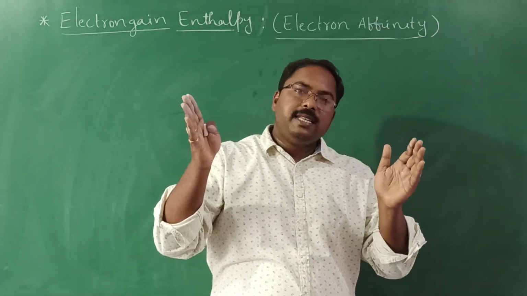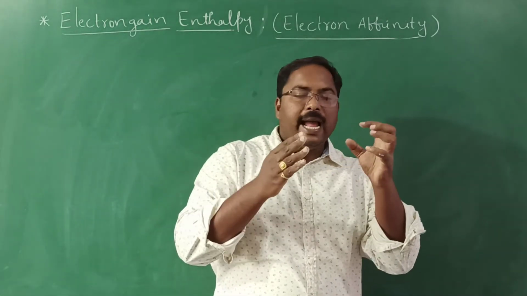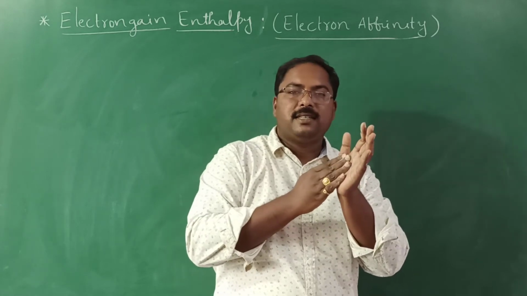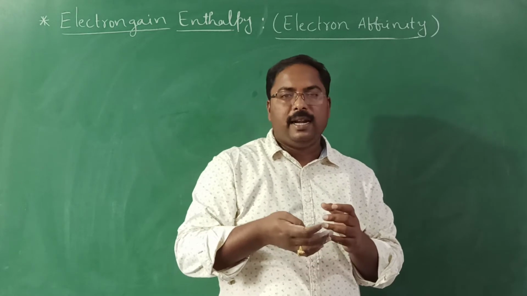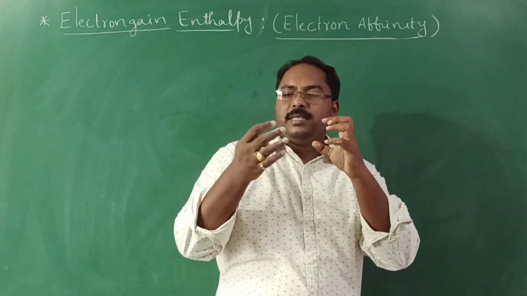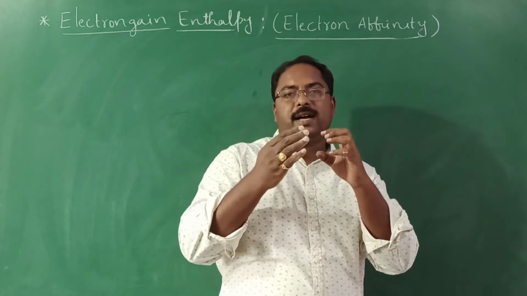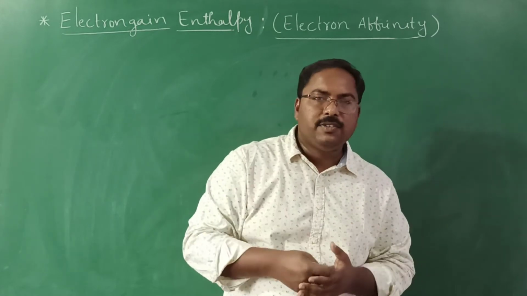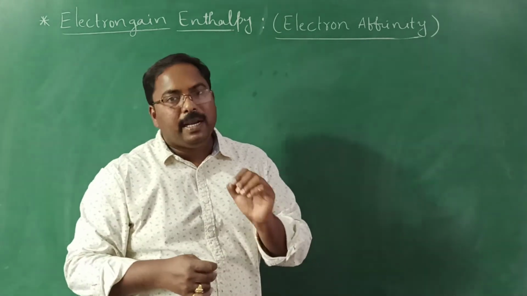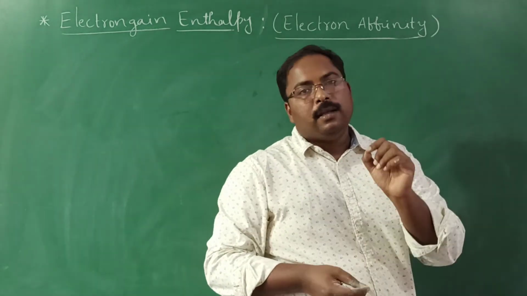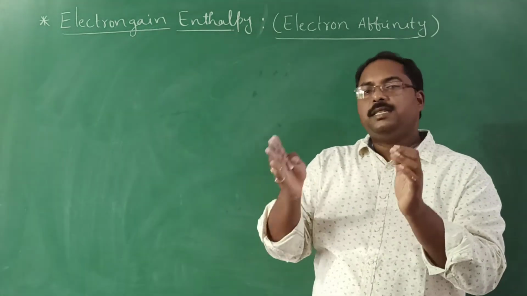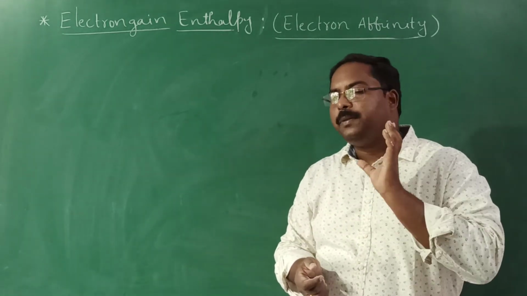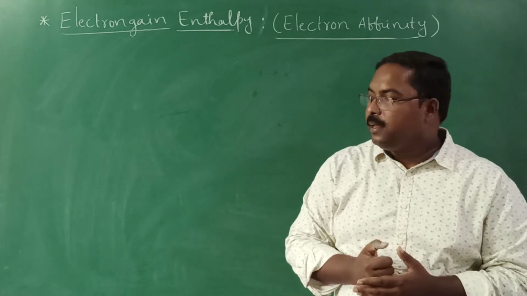When the electron is added fast, meaning the atom is attracting the electron strongly, it will be attached fast, so it releases more energy. When the atom is not able to attract the electron fast, then the electron will be added slowly, so a lesser amount of energy will be released. But remember the point that whenever an electron is added to an atom, definitely some amount of energy will be released.